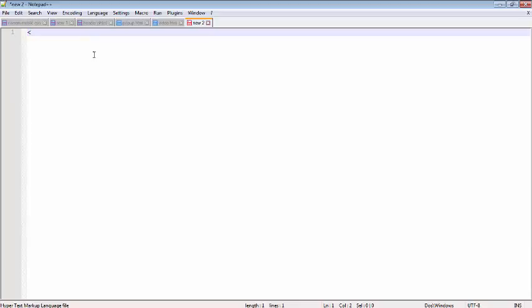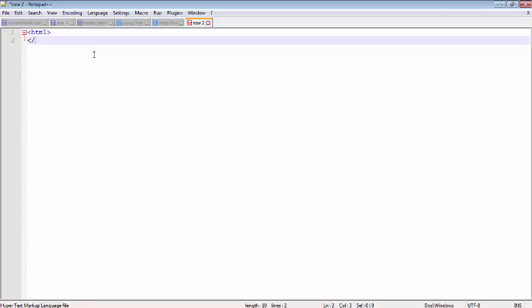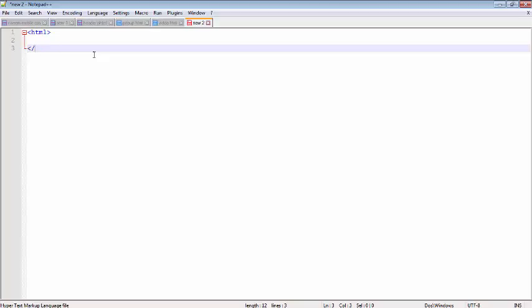First, this is the HTML tag, and after that the closing tag. Basically this is the HTML start tag, and this is the HTML end tag. So now we need one thing, because I really want to teach you from the basics. Maybe you are new, or maybe you already know HTML, so it's okay. You need a few things that will work fine.